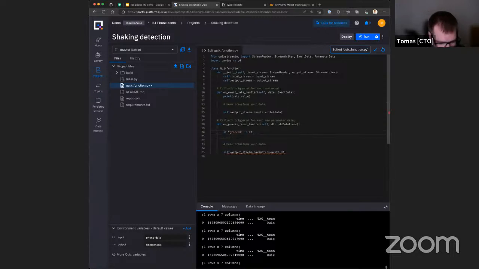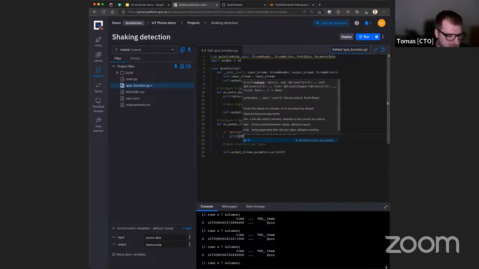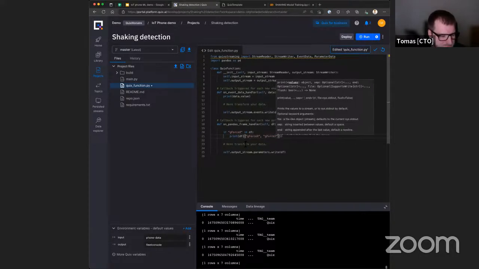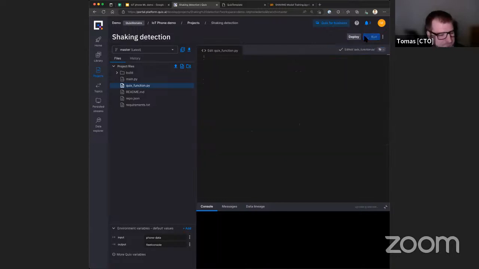So if there's a G-force in it, I'm gonna just print it, and I'm gonna print X and G-force epsilon. If I press run,